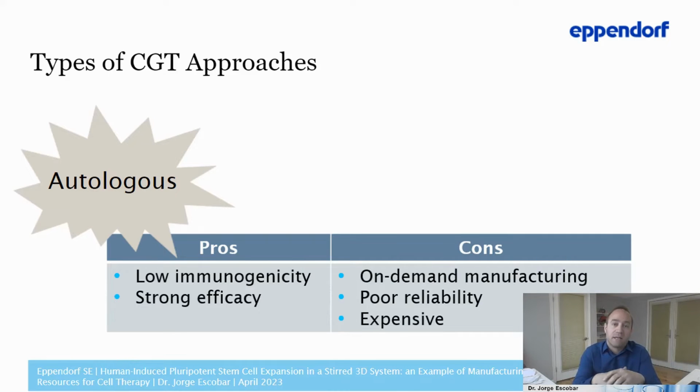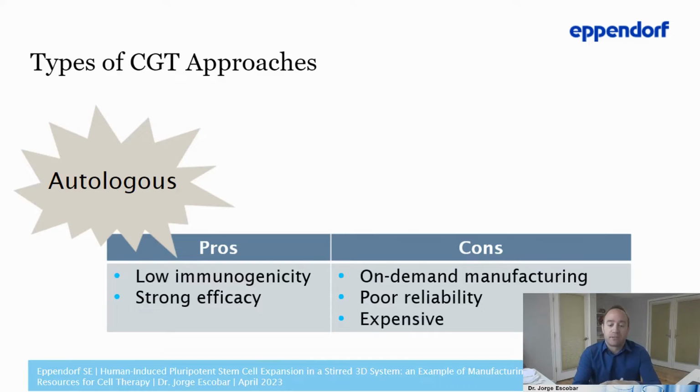However, the strategy presents also several challenges. For example, manufacturing can take 2 to 3 weeks to make a therapeutic dose while patients may progress waiting for the treatment. The cost is high also, and